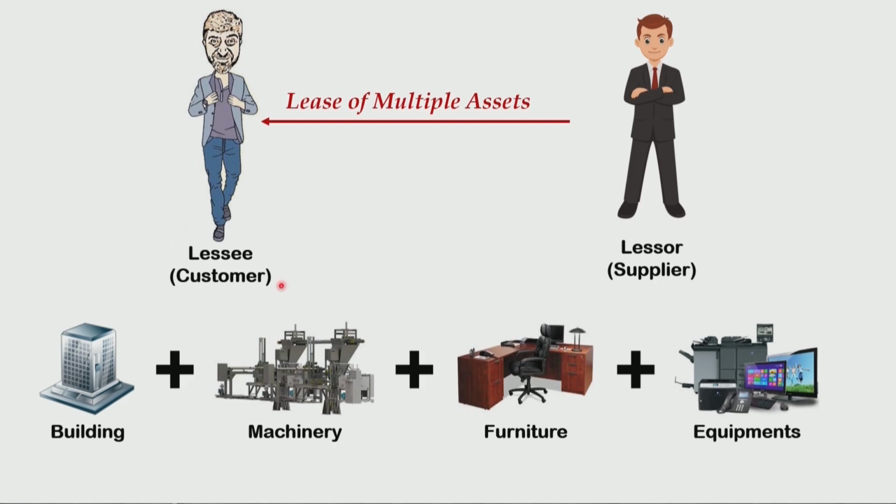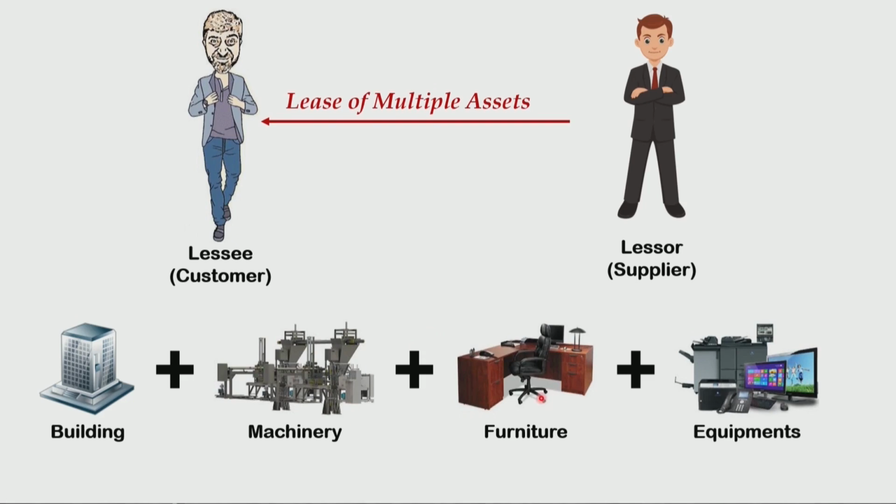This customer, the lessee: can the lessee use building, machinery, furniture, each of these assets individually and independently without having interrelationship with other assets? If each asset can be used as a separate individual asset independently, then the lease contract involves lease of 4 different assets. In other words, they'll be accounting for lease of building separately, accounting for lease of machinery separately,